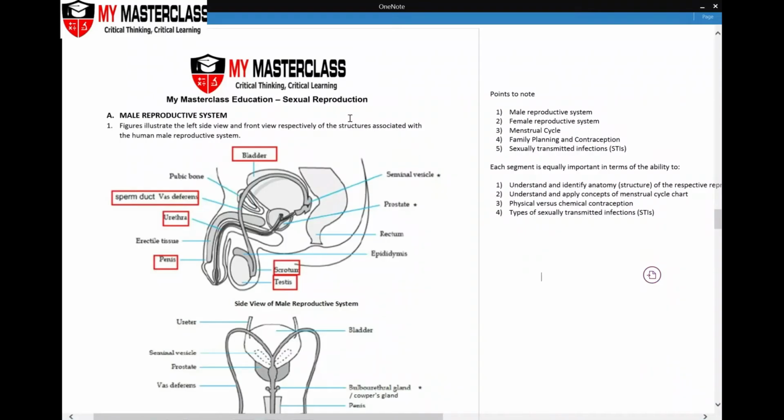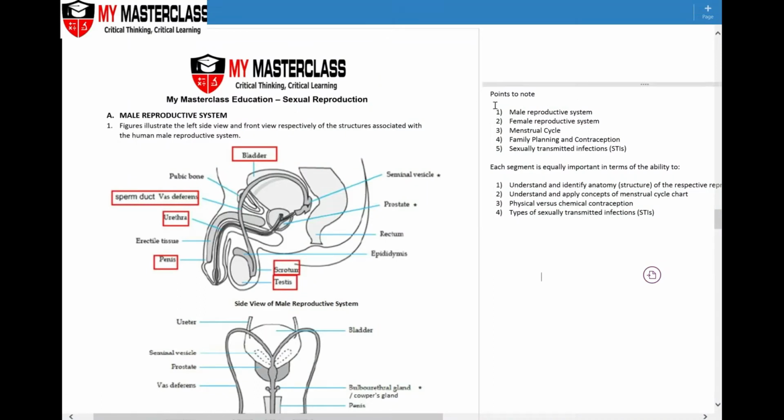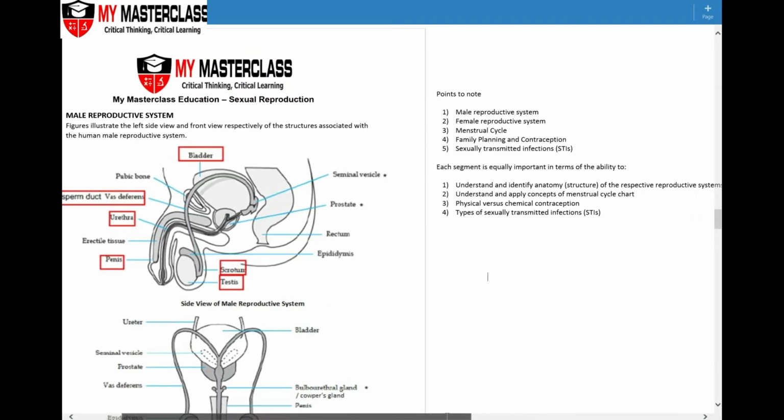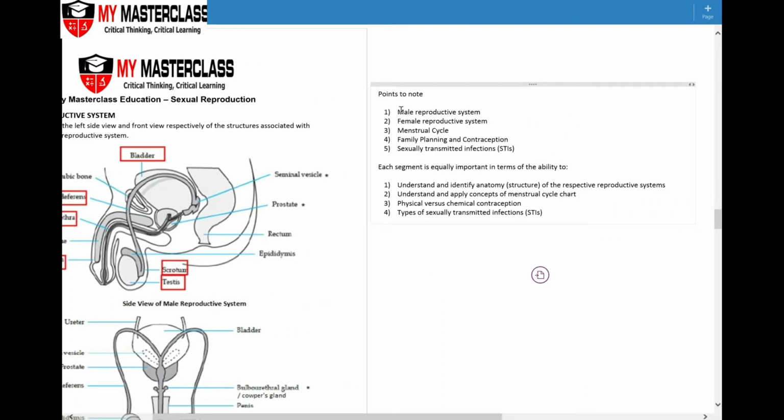Today we will be talking about sexual reproduction. Now the sexual reproduction topic itself, if you look to the right of your screen, the points that I'll be going through will be broken up into 5 segments. Alright, so the first segment that we'll be looking at will be the male reproductive system, followed by the female